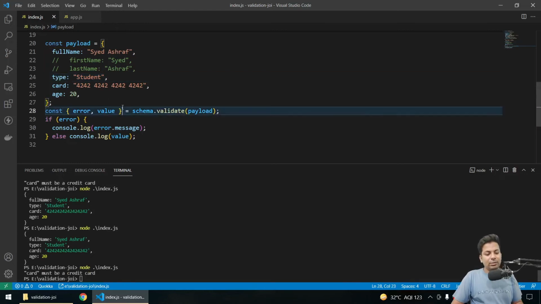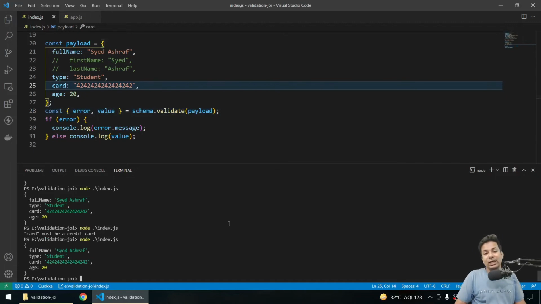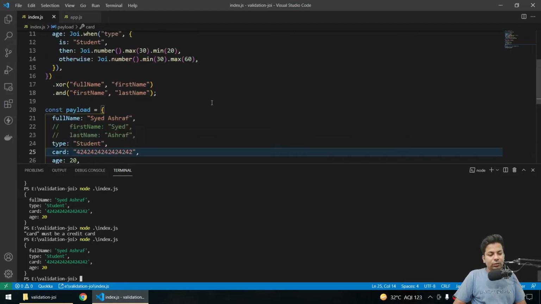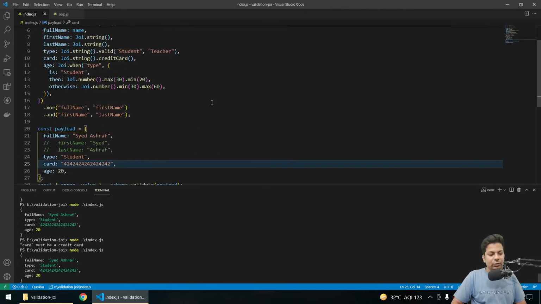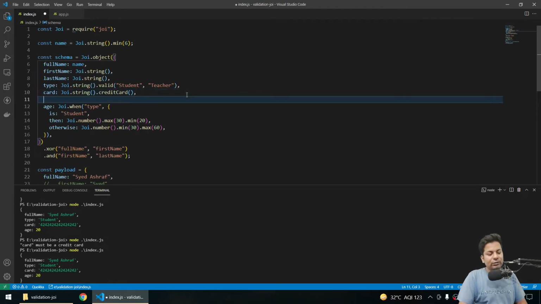Now it's an error, but if I just make it 4242, so if you send a valid credit card number, it will just pass. Now suppose you want to send Boolean values, like suppose maybe I can ask for whether they are Indian or not Indian.